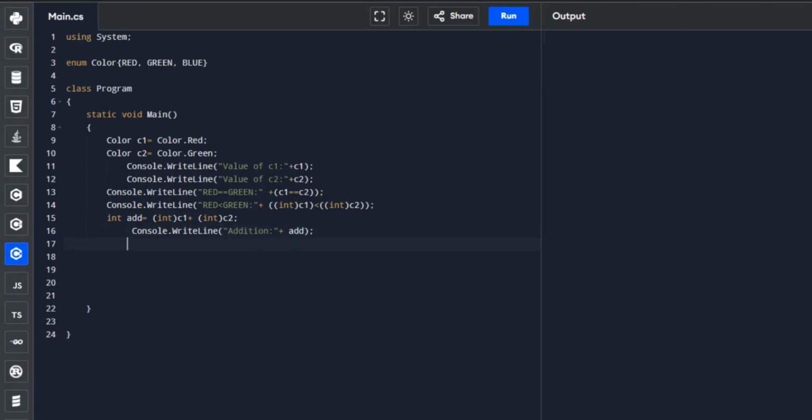Okay, we are done with our addition operation. Let's now go on with our next operation, which is subtraction. Of course, we will subtract C1 from C2. Let's just copy this because it takes too long to type again and again.